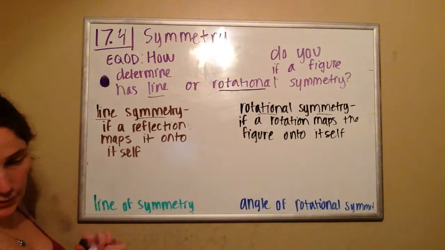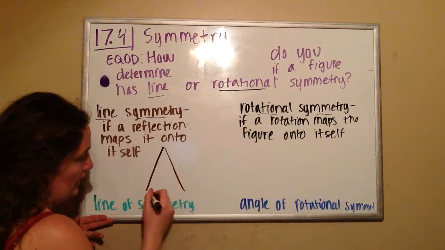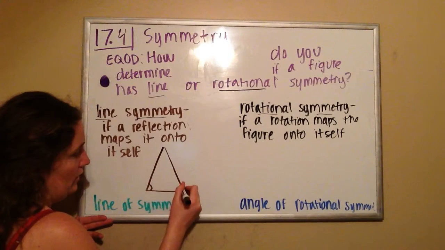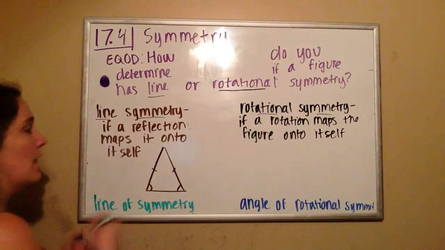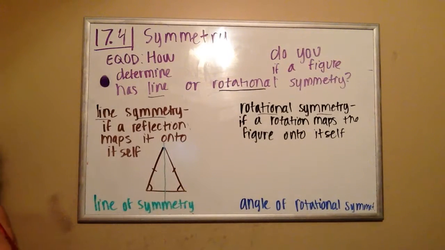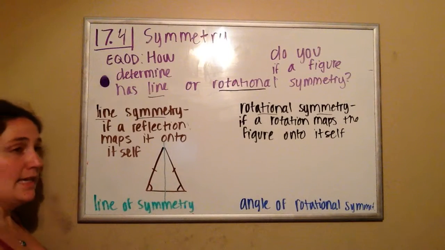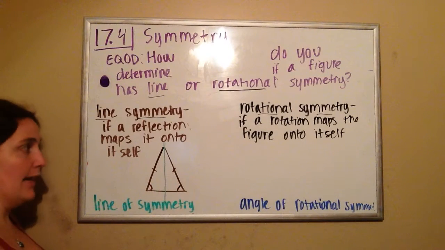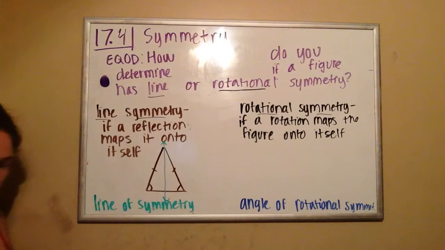So line symmetry. If we have an isosceles triangle right here, an isosceles triangle, this does have line symmetry because there is a line of symmetry right here, which means that if you were to reflect it across that line, you would get the exact same shape, right? So it has a line of symmetry right there. All right, for instance, one that does not have lines of symmetry